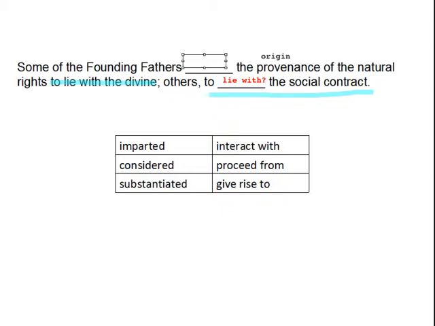I think "thought" is probably the best fill-in I could come up with because it's so non-specific. What else could they do with such an abstract idea but think it, say it, posit it maybe? Thought that the origin of the natural rights lied with the divine, others to lie with the social contract. Now, there's going to be some difficulty when we understand what does "lie with" really mean in this context. Well, when we eliminate words based on simply this idea that the founding fathers thought the provenance lied with the divine,